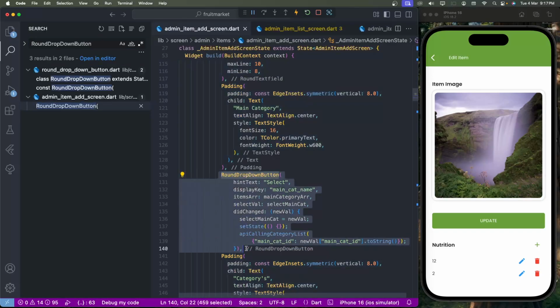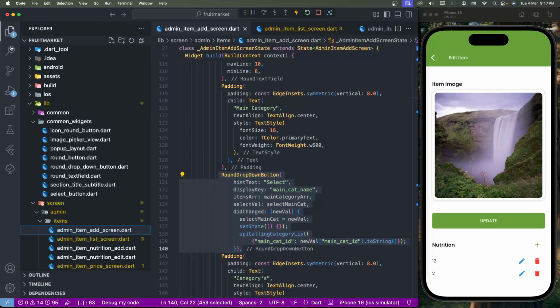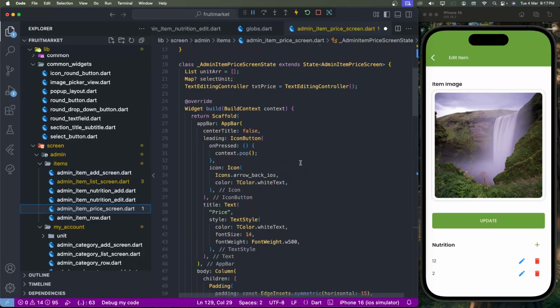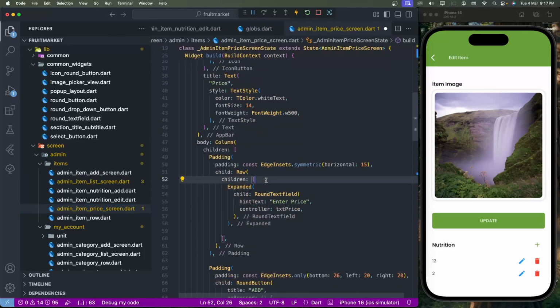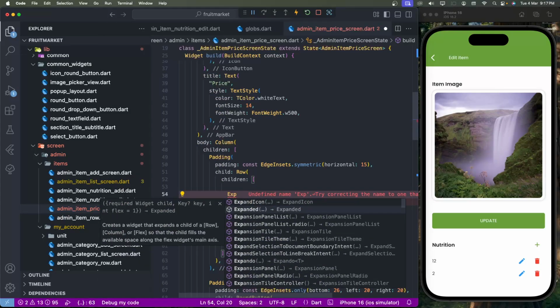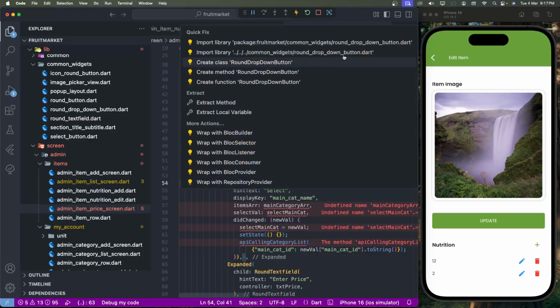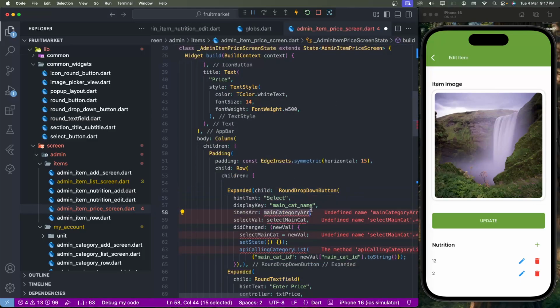Now use this one, and go to the nutrition price screen, expand it, surround it, and set this dropdown. Set the unit array here, give the selected select unit, and also replace it,